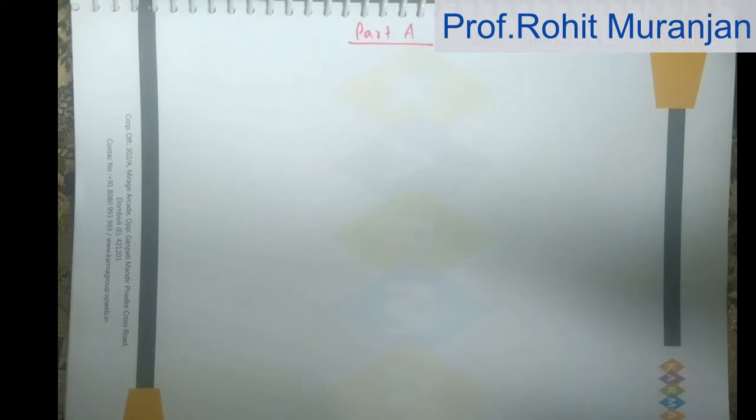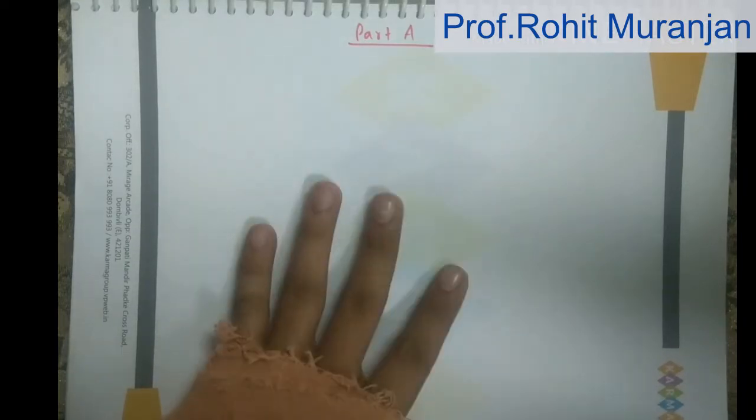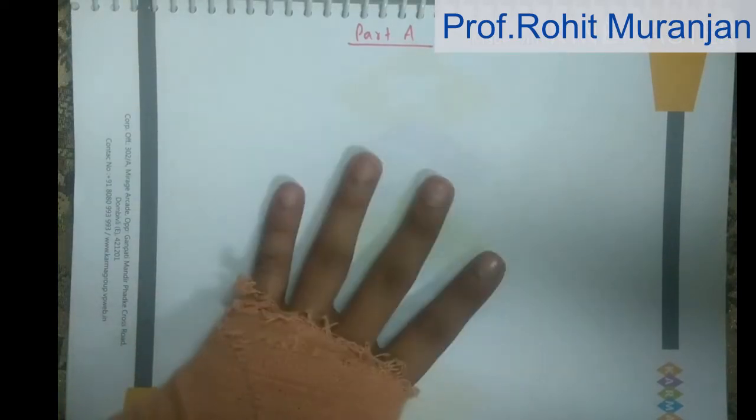Part C was quite difficult. Well, I wouldn't say it's difficult. There are some questions which are very simple. For example, let's say question 43. You just have to find the matrix of the given transformation and you will get the answer directly. So overall the paper was moderate. Next, I'm going to discuss the solution of part A. We don't have much time to do all the solutions of mock test 1, but I will do it section wise. So in this video I'm going to just talk about part A.